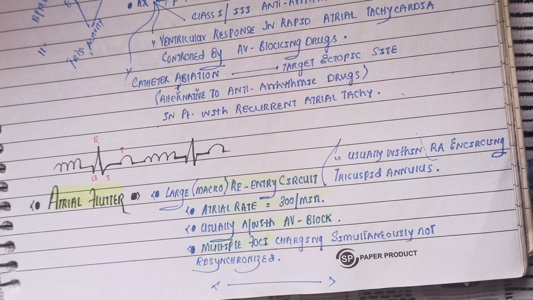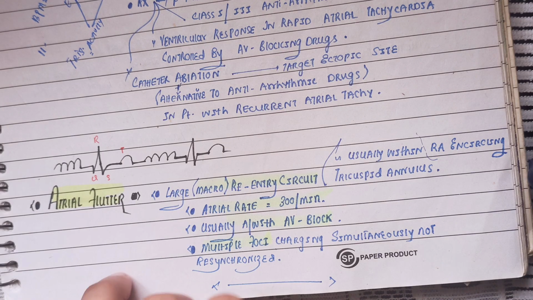Now comes the atrial flutters. In this, there is the presence of the ectopic foci in the heart, usually within the right atrium encircling the tricuspid annulus. You don't have to remember the exact location, but at least you need to know in atrial flutters there is the presence of the ectopic focus, there is the re-entry circuit, there is the triggered activity. So that means if you are discussing the atrial flutters,